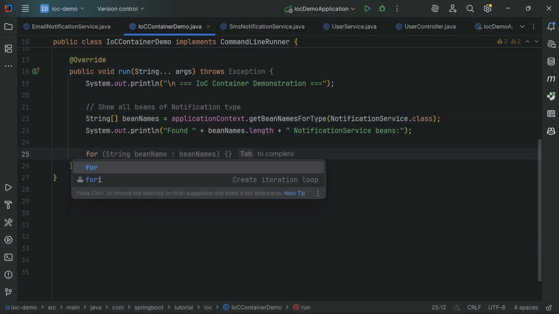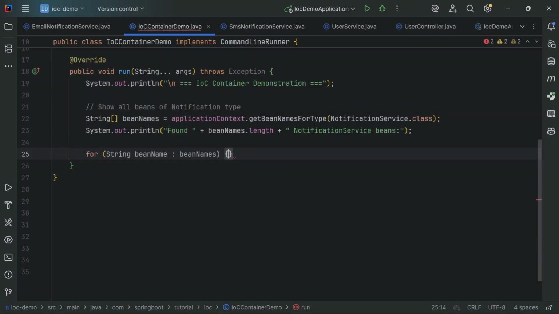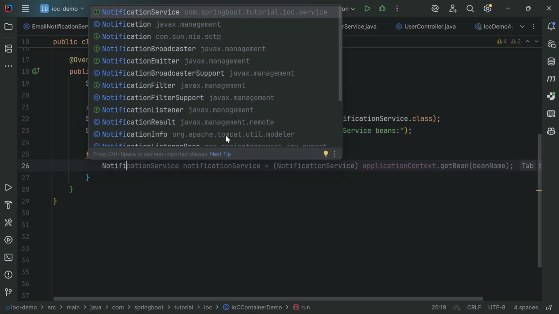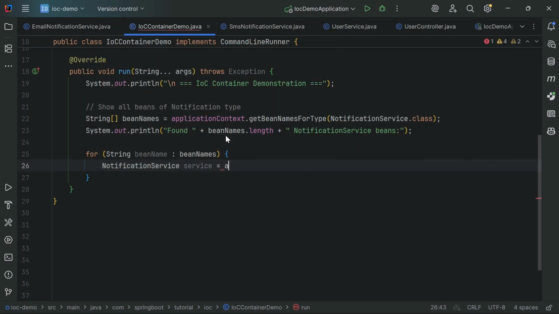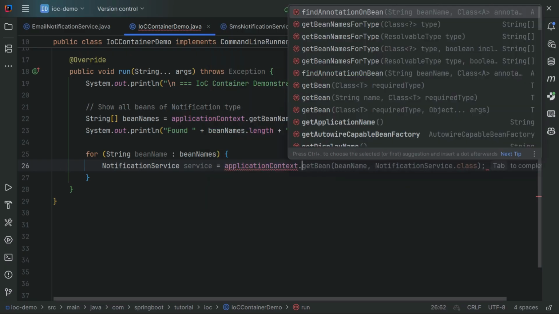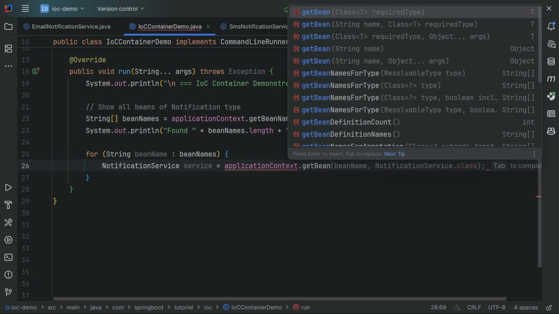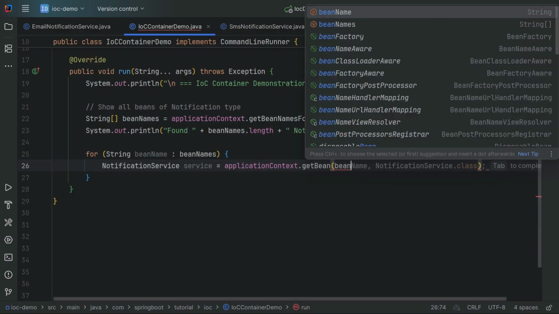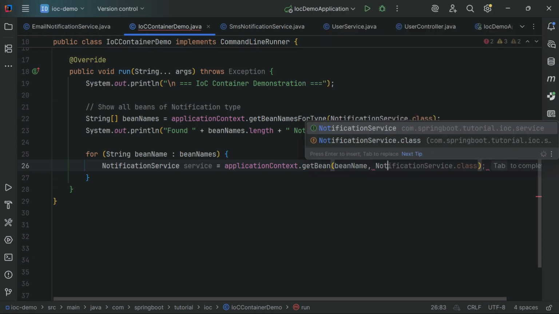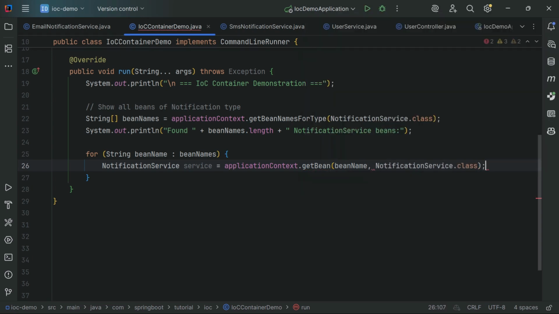So for String beanName from beanNames, then NotificationService equals applicationContext.getBean(beanName, NotificationService.class), then log out